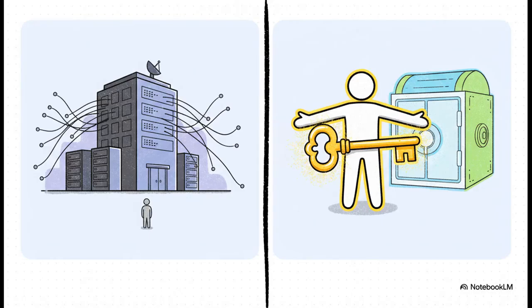This slide just lays it out, plain and simple. On the left, you've got the old model, your identity is stored on their servers, and on the right, you've got the UID model. Your identity belongs to you, period. It's such a simple shift in words, but it's a massive shift in who has the power.